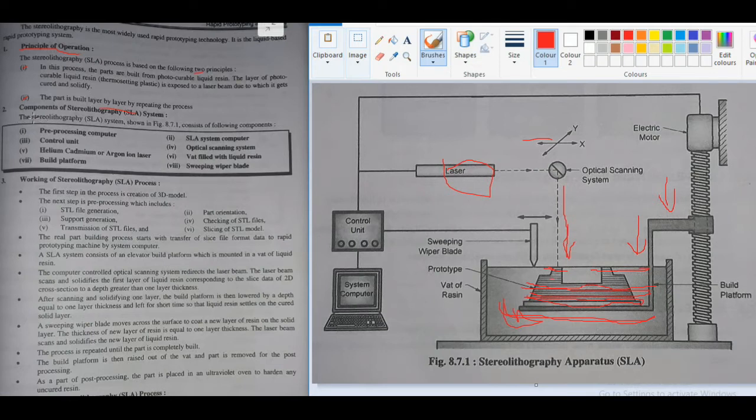After seeing the components here, these are the components of the stereolithographic system.